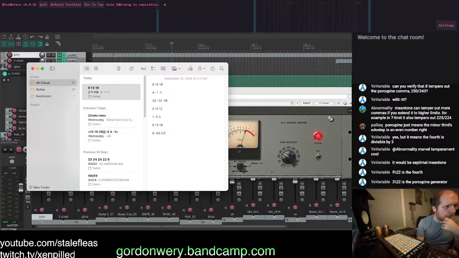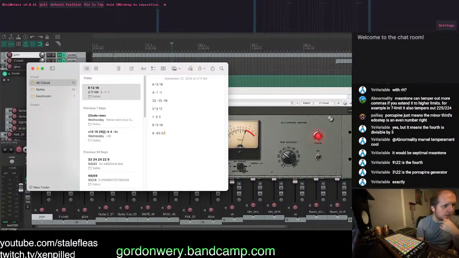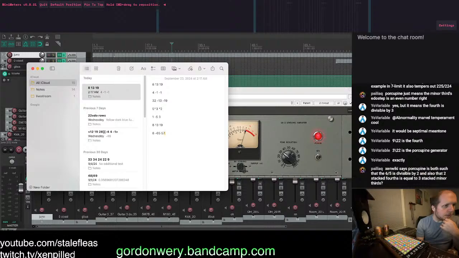Be 6 steps. And 22 will be minor. 3 out of 22 is the generator. So it's a